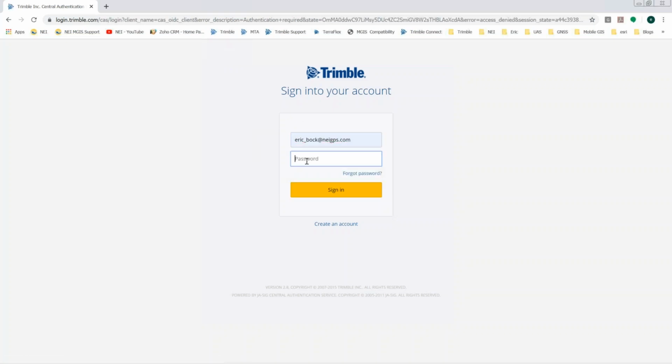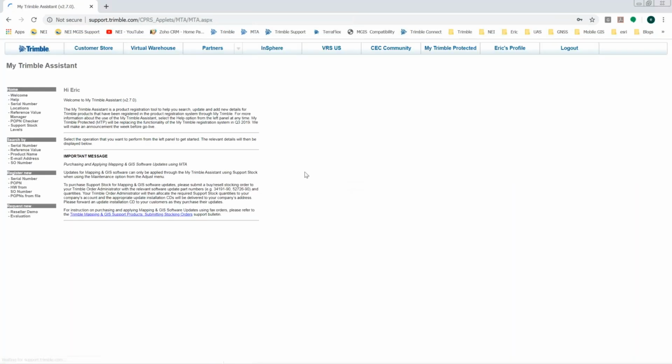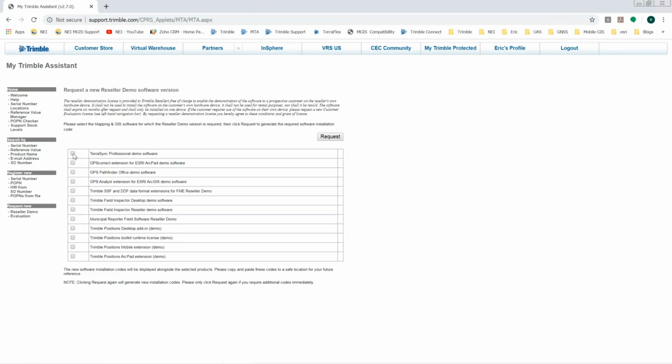So this is free software. You don't really need a license for it to do this viewer method, but I was actually working with the software the other day, so it required me to have a license. So I'm going to just install this with a TerraSync license. But when you're building these data dictionaries, if you go and download TerraSync, and I'll show you where to do all that, but